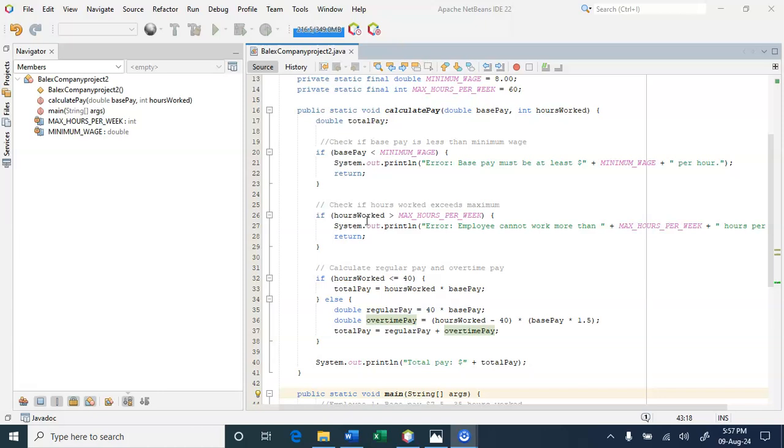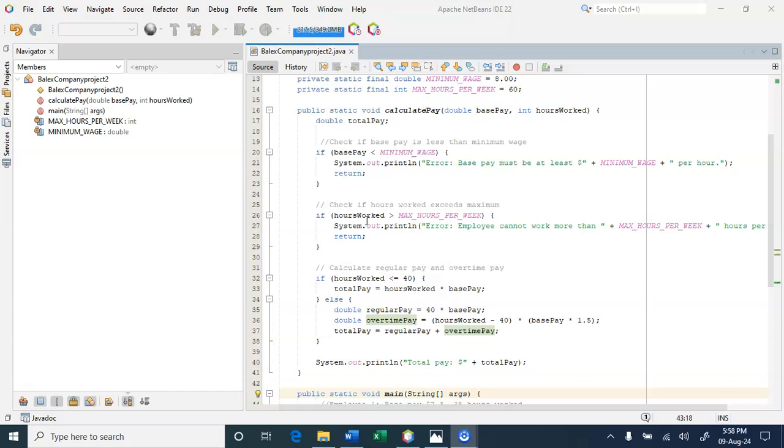This part checks if the hours worked exceeds the maximum hours per week. If it does, an error message is printed, and the method returns without calculating the pay. So if the hours worked exceeds the maximum hours per week, our outcome will print an error message after running the given code.